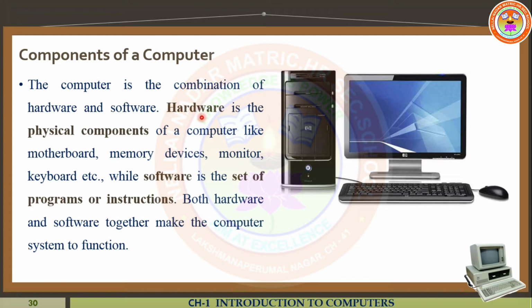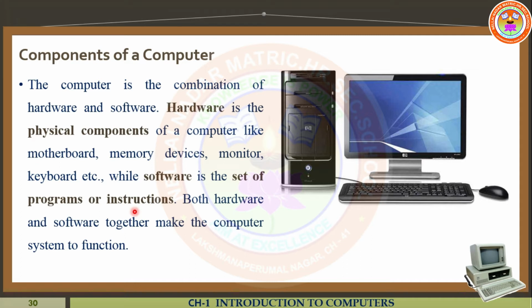The next thing, software means what? Software is nothing but the set of programs or instructions. That is known as what? Software. It is the set of programs or instructions that will perform some specific task or multiple tasks. That is known as software or application. Simply we call it software or application. So both hardware and software are interdependent. Without hardware we can't do any work on the computer, and without software we can't do any work on the computer. So both are very important in the computer. That's why I told you hardware and software are interdependent components in the machine.